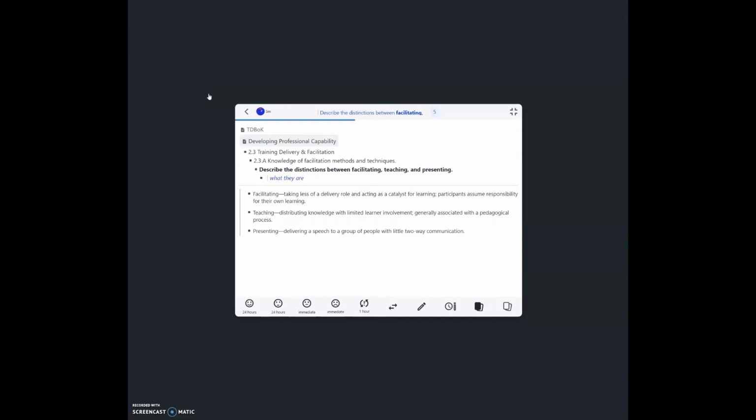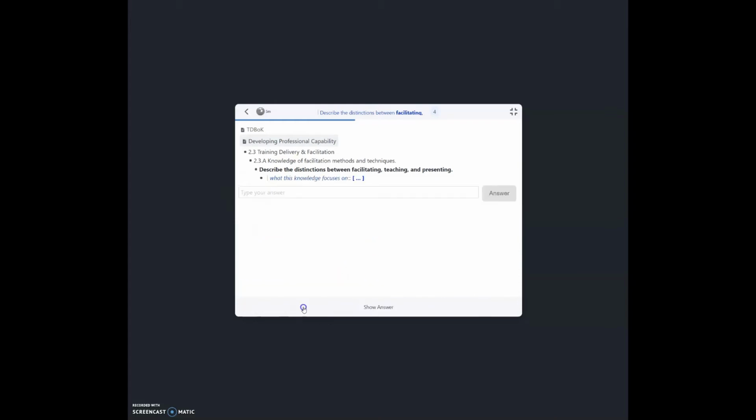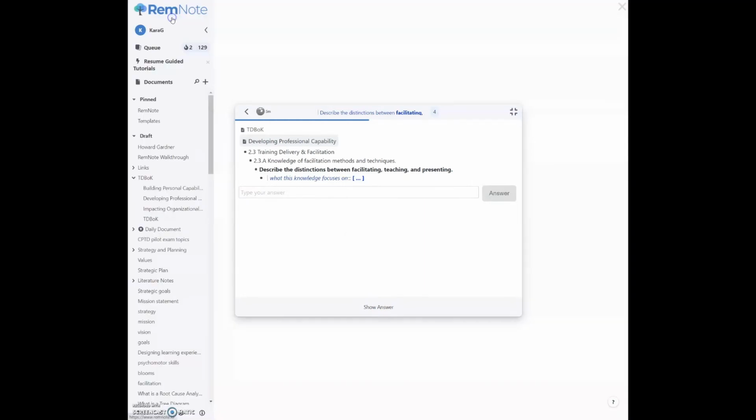The last thing that I was going to overview here is the way you can quickly and easily put systematic information about each of the topics. So you might see that this one right here is for the objective. What are they? What are the distinctions? Those are what they are. If I keep on going, then the question is about that same one, what this knowledge focuses on. And about each of my objectives, I ask that same thing. So what I am able to do for that